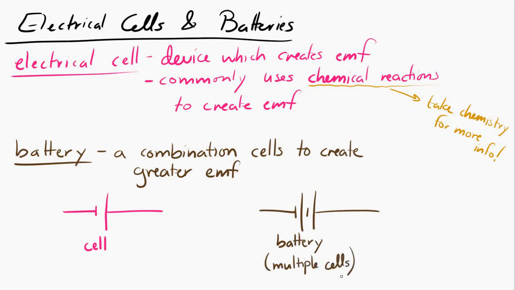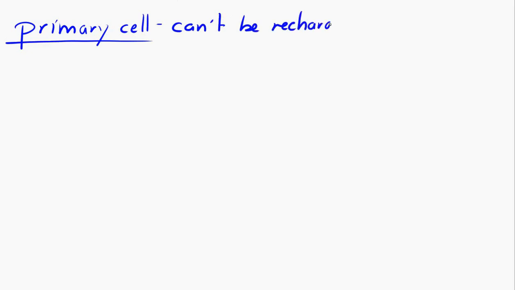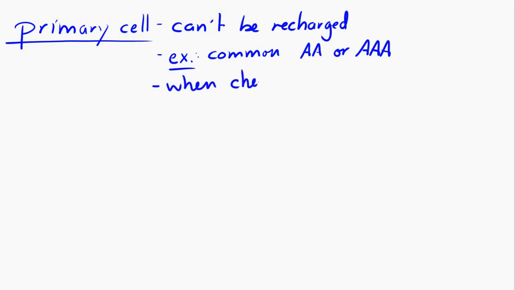Cells are categorized as either primary or secondary. A primary cell is one where it cannot be recharged. You use it once and then you're done. So this is like a AA battery that you buy and you put it in your calculator and you use it, and once all of the chemical reactions inside there are complete, it no longer provides an EMF